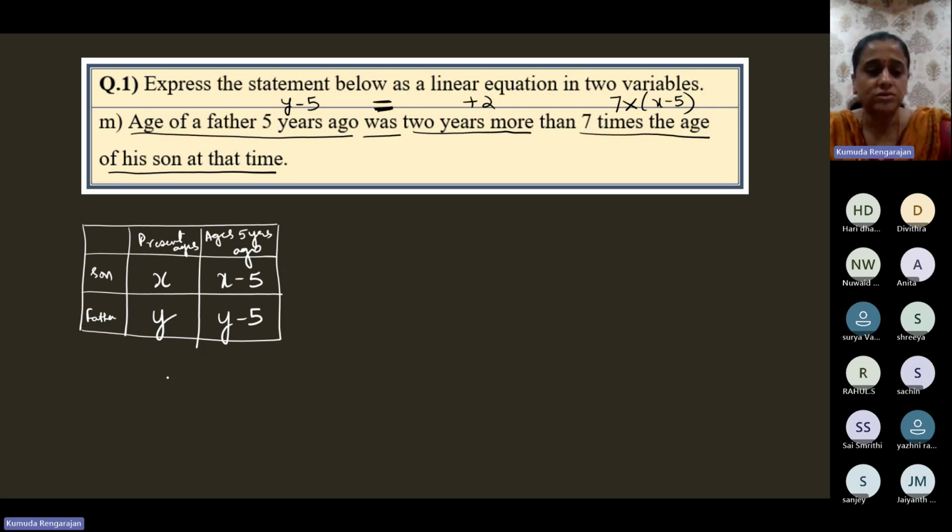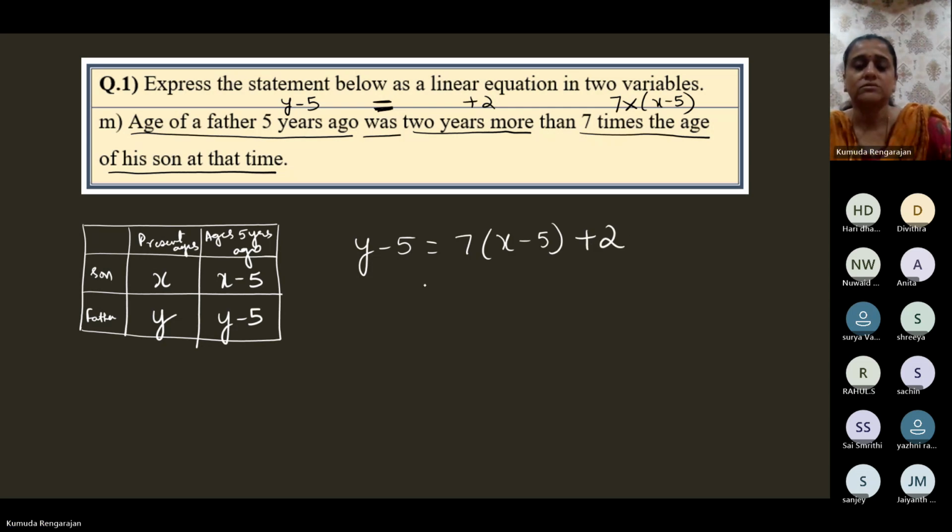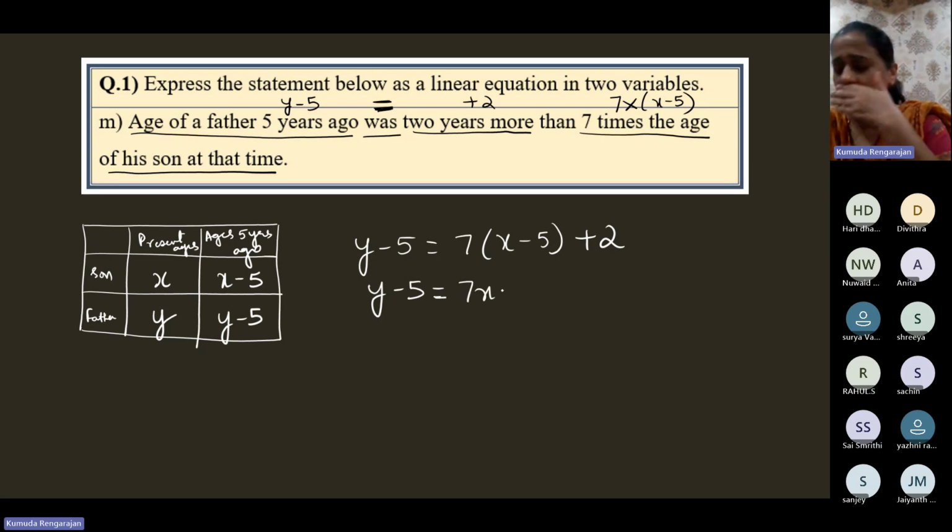So the equation is Y minus 5 is equal to, you should not write 2 first. Whatever comes after more than or less than, you should write that first. So 7 into X minus 5 first and then plus 2. So Y minus 5 is equal to,